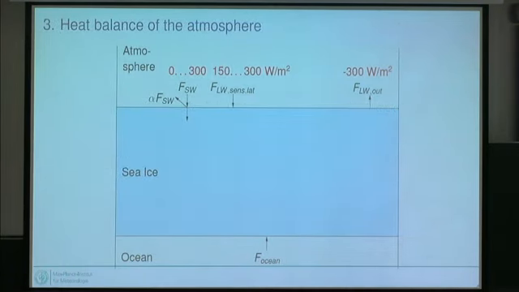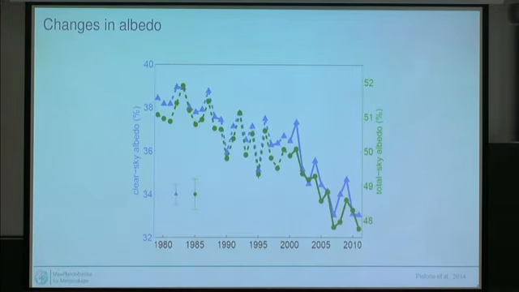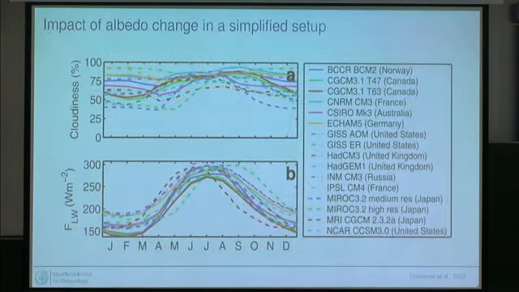The third thing where sea ice is important is the heat balance of the atmosphere. So we do have all sorts of fluxes here from the atmosphere, short wave, long wave, where in particular the outgoing short wave very much depends on what the sea ice does. Now this is gone again here. And so we do see changes in albedo in the Arctic as the ice is retreating.